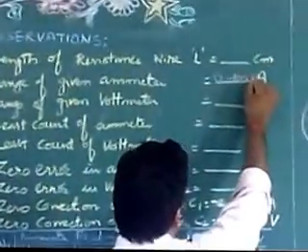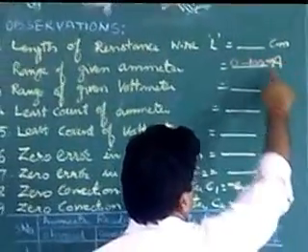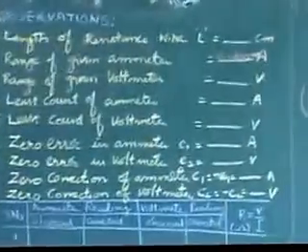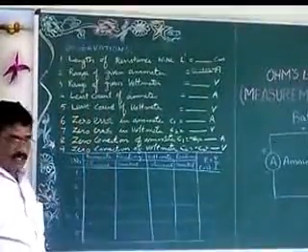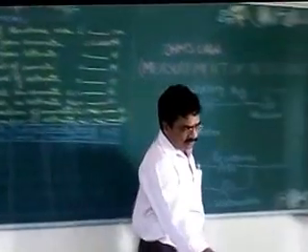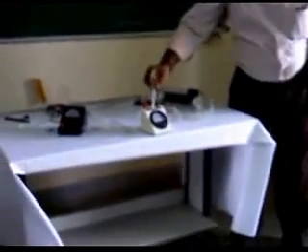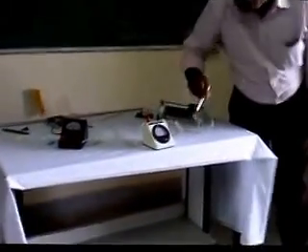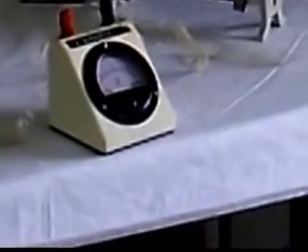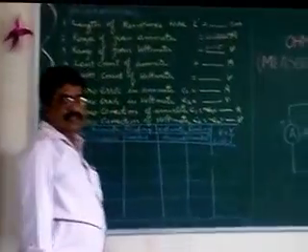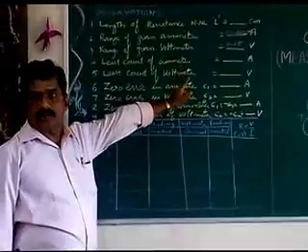As it is written, you convert this into milliamps. In the blanks it was written as milliamps. Otherwise you can also write it as 10 to the power minus 3 amps. This is the range of the given ammeter. Now we go to the voltmeter. Just see the voltmeter here. In the voltmeter, the minimum is 0 and the maximum is 1.5 volts. That is 0 to 1.5 volts. That is what you call the range of the given voltmeter, 0 to 1.5 volts. These are the readings you have to write in your observation note.